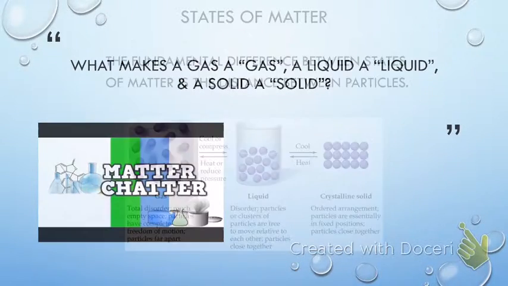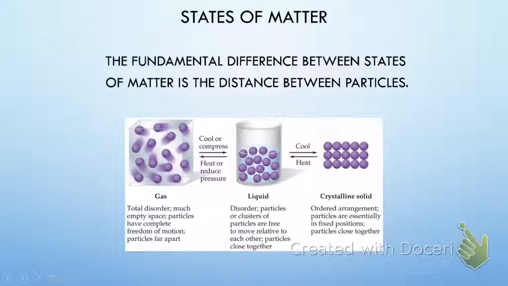But it does lend to this idea that the only thing that changes between the states of matter, the fundamental difference, actually has to do with the distance between the particles. So water molecules can exist as a gas, water vapor, as liquid water, and of course as crystalline ice. So what are the differences between these? On the simplest level,